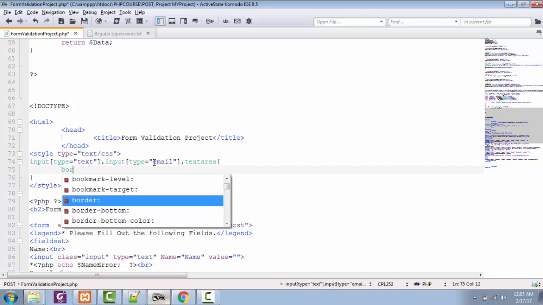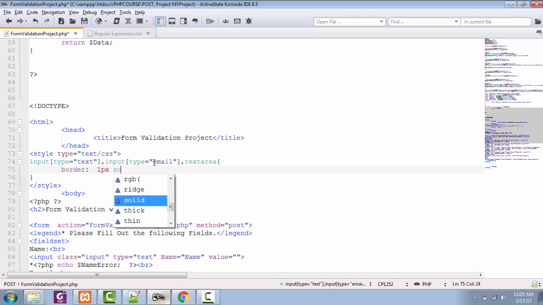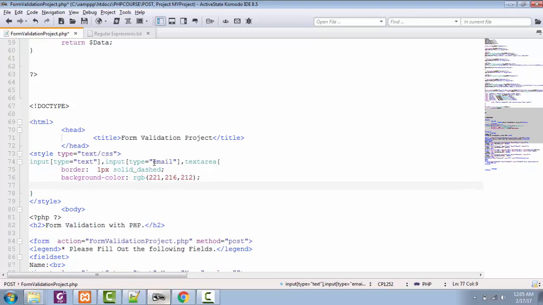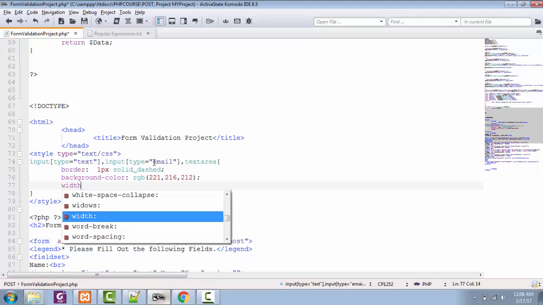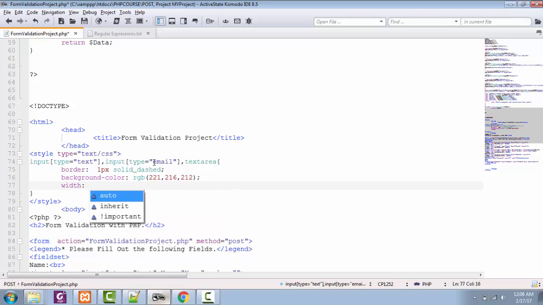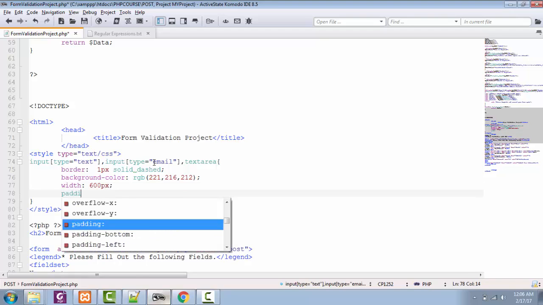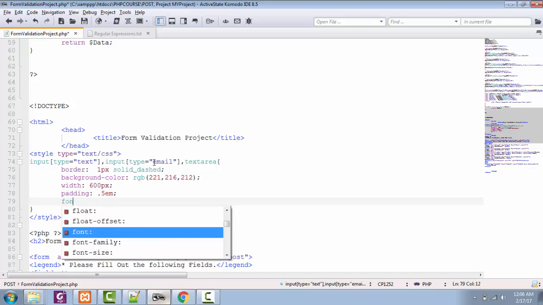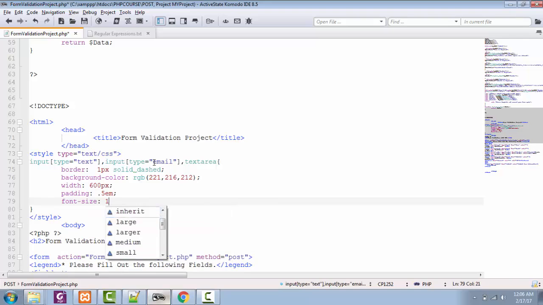Let's give it some border, 1px dashed solid, and a background color in RGB, and a width of 600 pixels to increase their width, and padding of 0.5em, and font size of 1.0em.